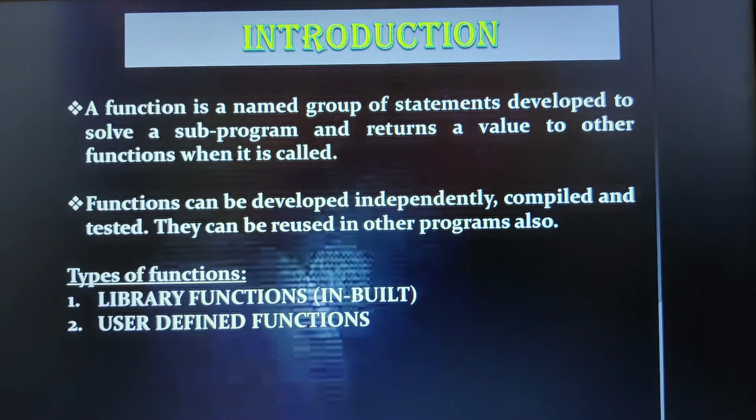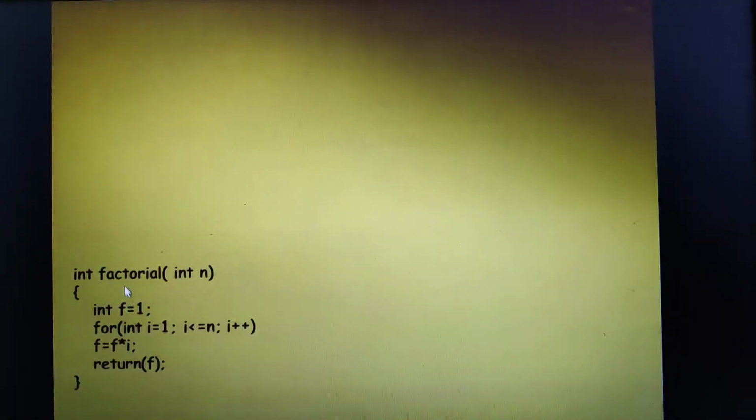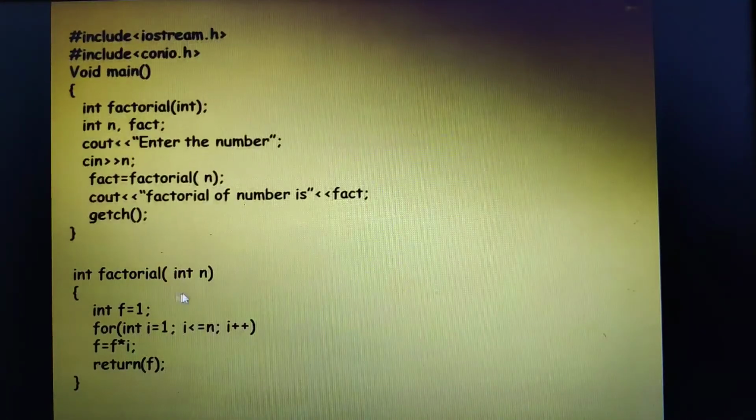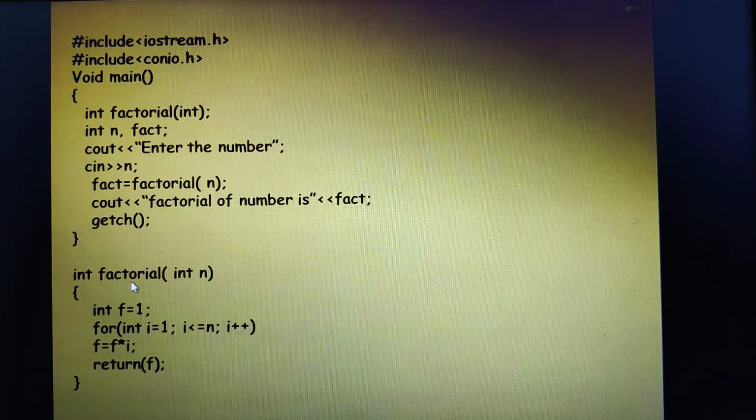What are user-defined functions then? A user-defined function is a complete and independent program which could be used by the main program or by any other subprograms. Now I can say this is a user-defined function. To calculate the factorial of a given number, I have created this particular subprogram, so I can call this a user-defined function.